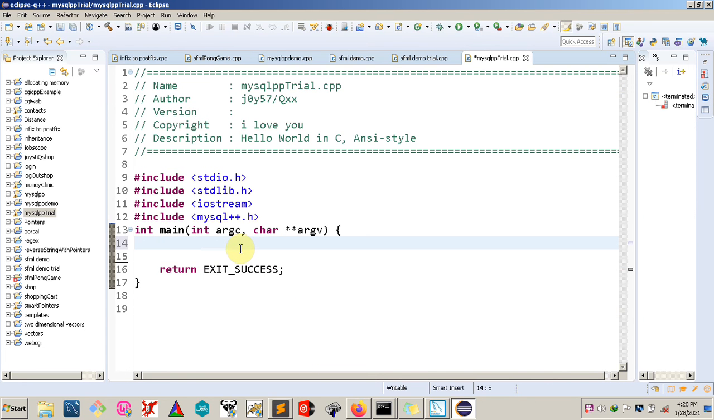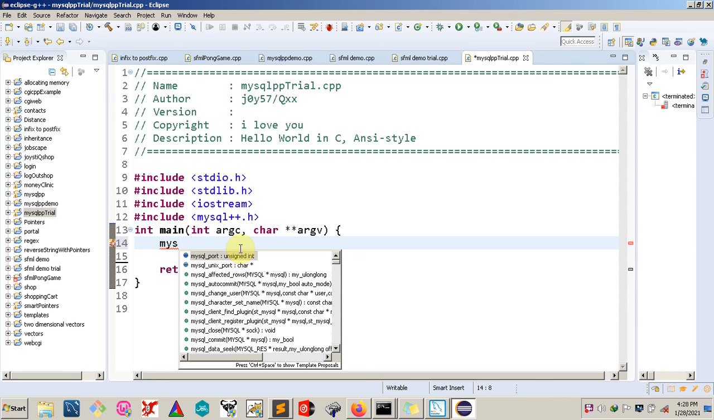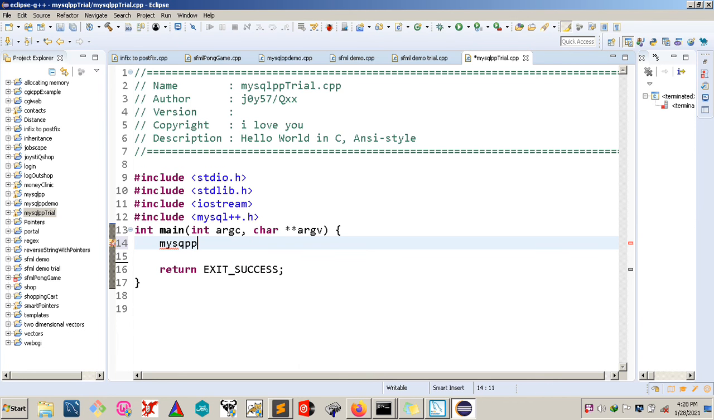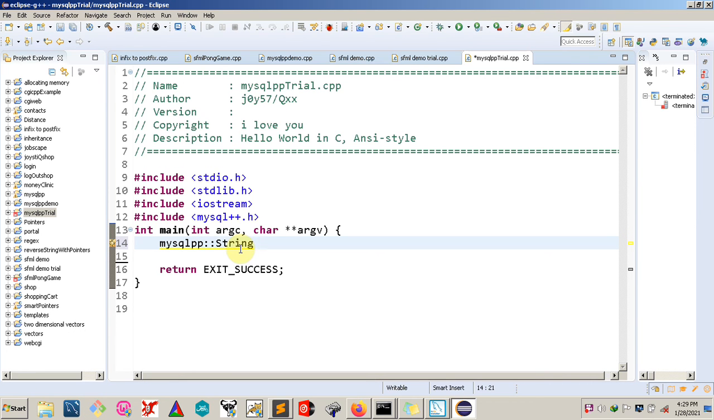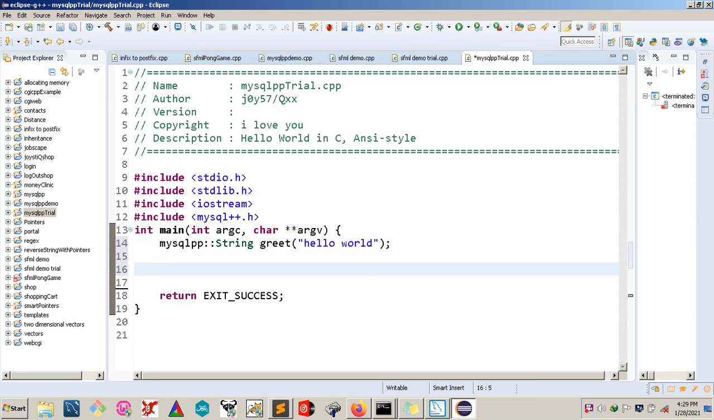Let me just go ahead and type in mysqlpp string. Probably call it, I don't know, greet. Inside there just say hello world and finish it out. And probably you might want to print this out by saying